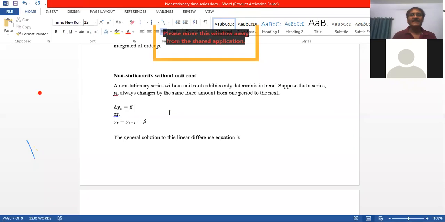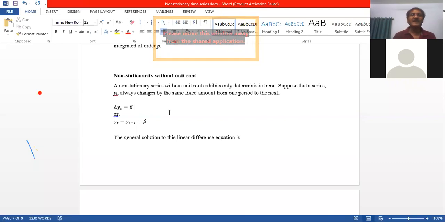In our earlier case, that is, if a series contains unit root, in that case the original series yt was non-stationary,